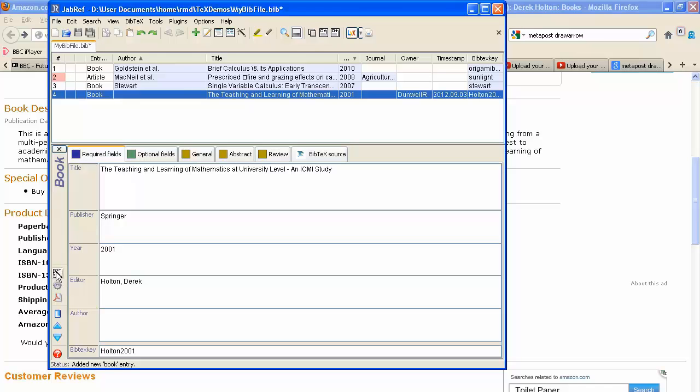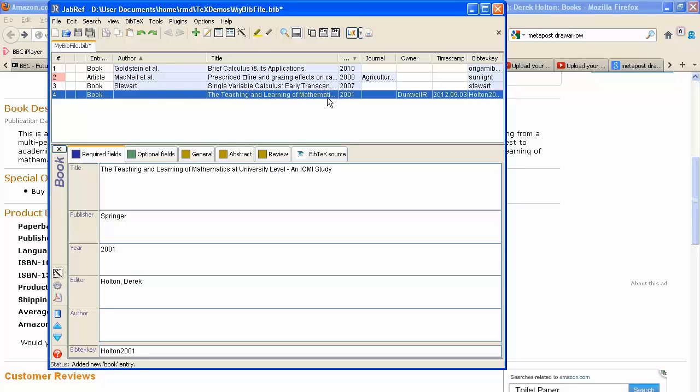And that is quite a sensible way of organizing your keys. It's author followed by the year of the publication. And you'll notice as we've been entering that in, a fourth line has appeared at the top of the window here. So as we've been typing, the bib file has been edited to take in this fourth